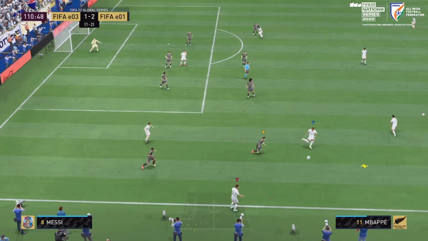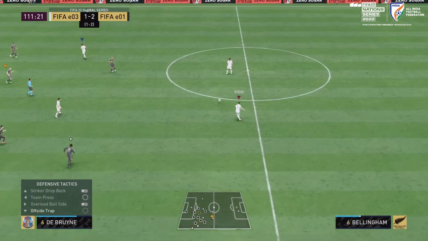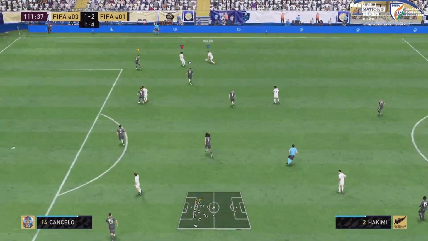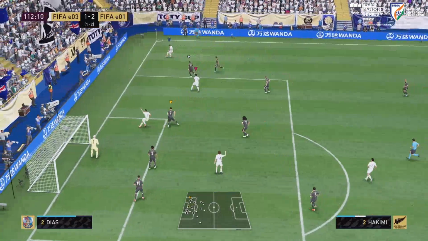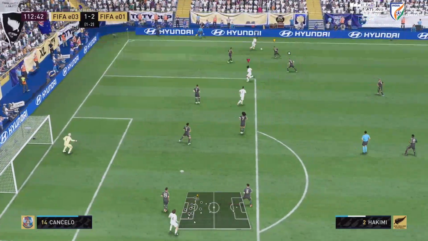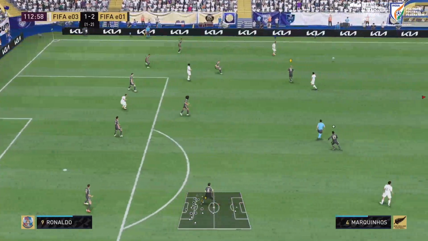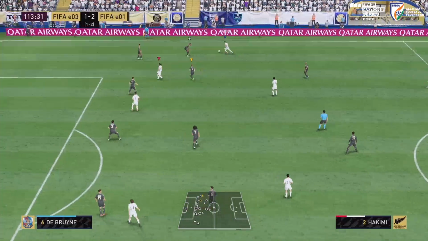Cancelo now with the throw-in. You can see the bodies for the Tigers. Everyone behind except R9. Hakimi on the wings, trying to find space outside the box of Team India. You see, very well covered. Has to rotate all the way back. Hakimi